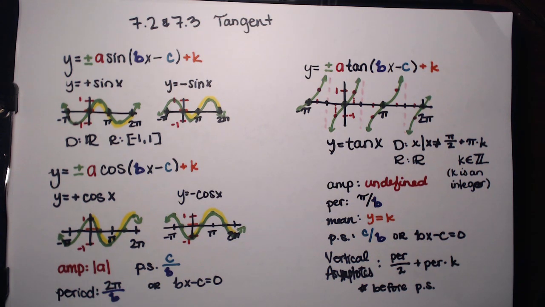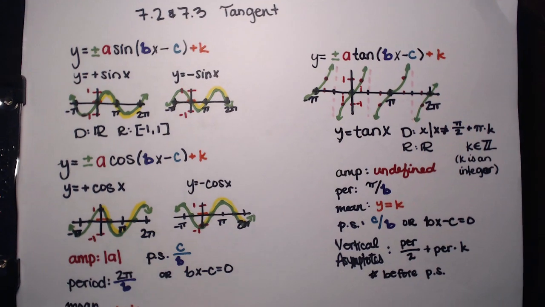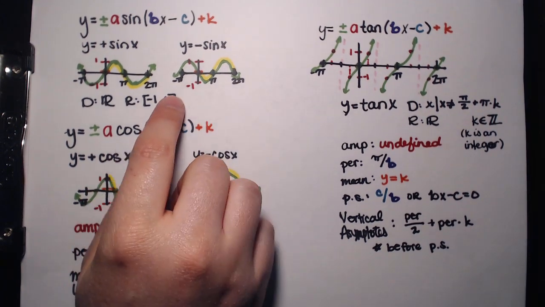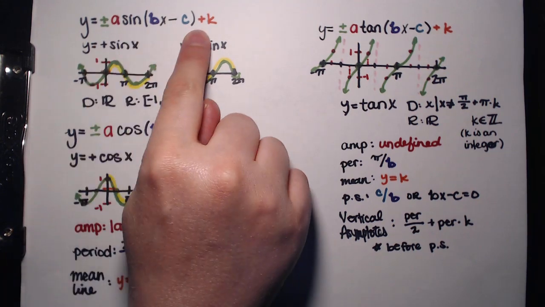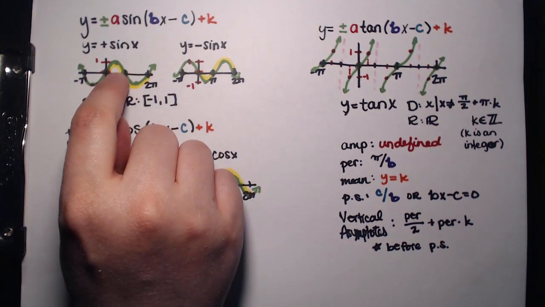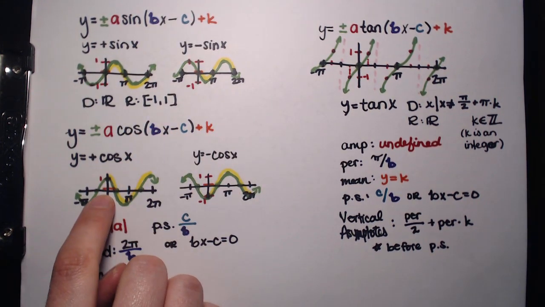This is reviewing graphing with trig functions, part 5. Today we're going to focus on tangent. So just to review, when you have sine or cosine, these are the basic functions, and then sine starts in the middle compared to cosine, which starts